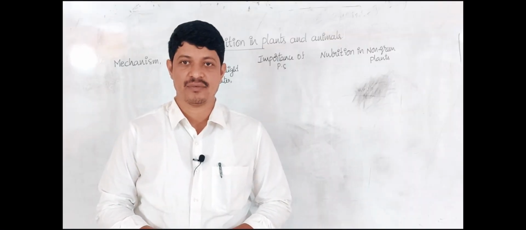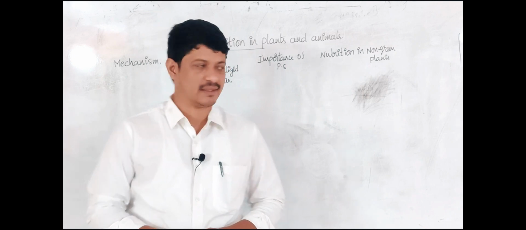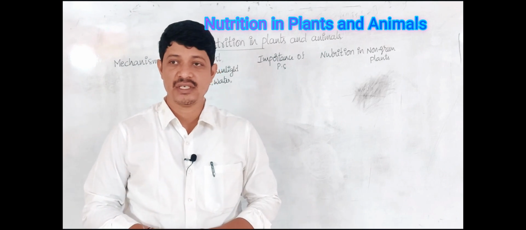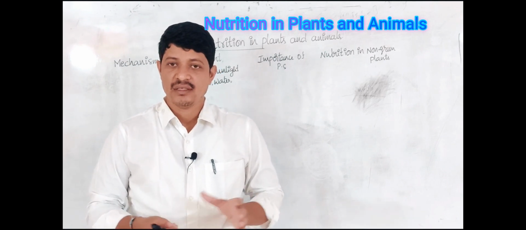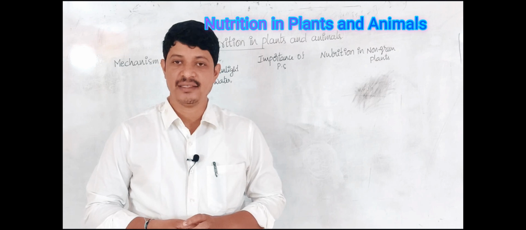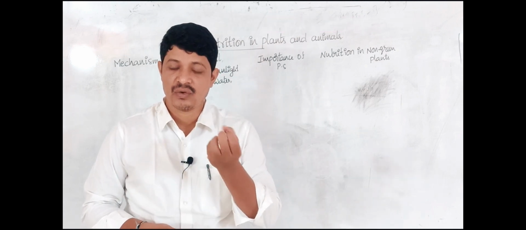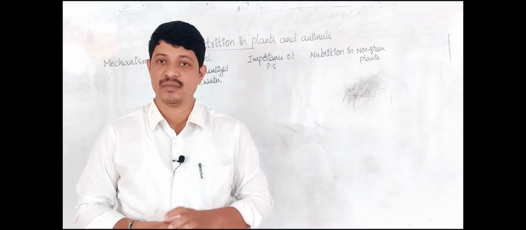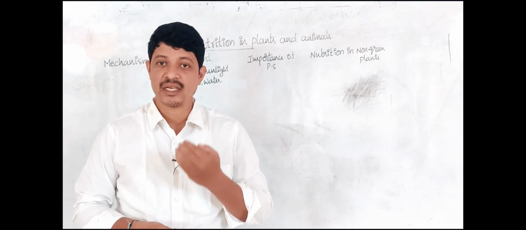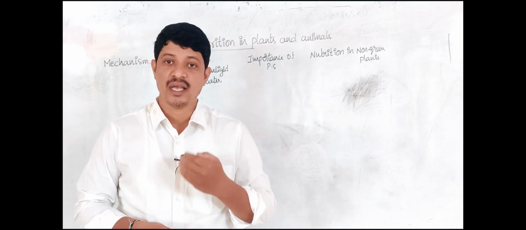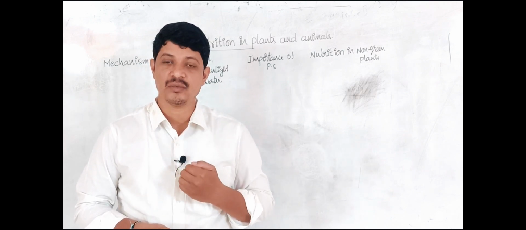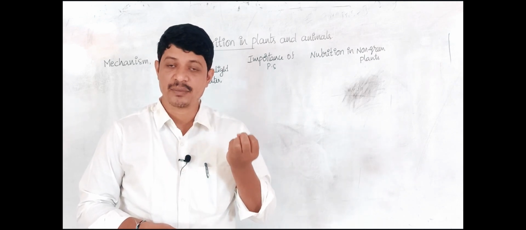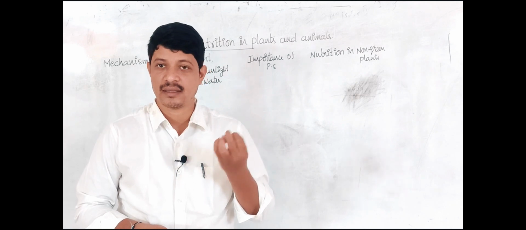Going to discuss the first topic in 6th class, that is nutrition in plants and animals. Here we are going to discuss the process of nutrition in plants and animals: how plants obtain nutrients inside the body, how animals obtain nutrients in the body, how we get energy from food particles, and how plants prepare food materials in the presence of